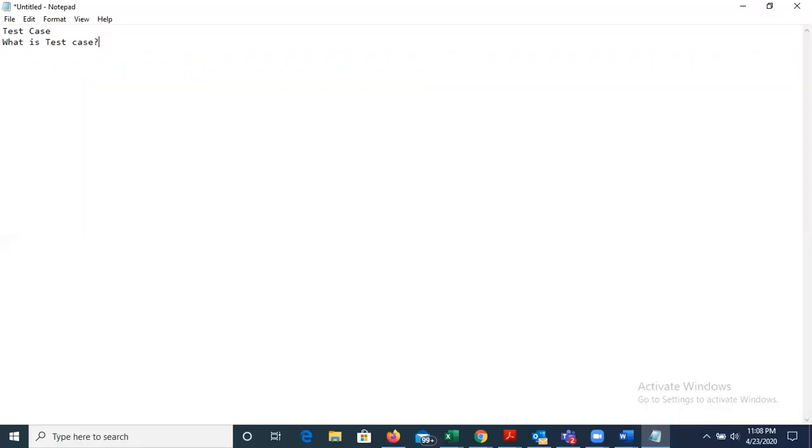So the test case, we can say, is a step by step process to evaluate whether whatever the developer has developed is meeting the requirement or not. So we can say that test case is a step by step process